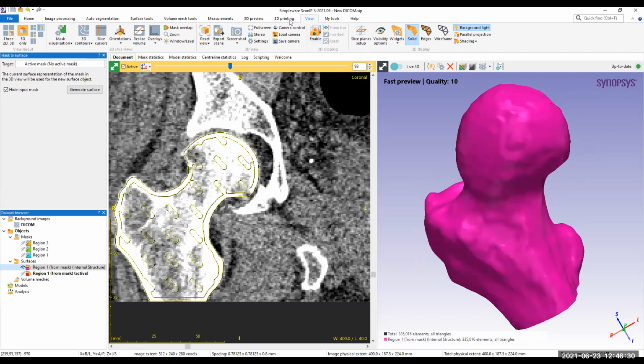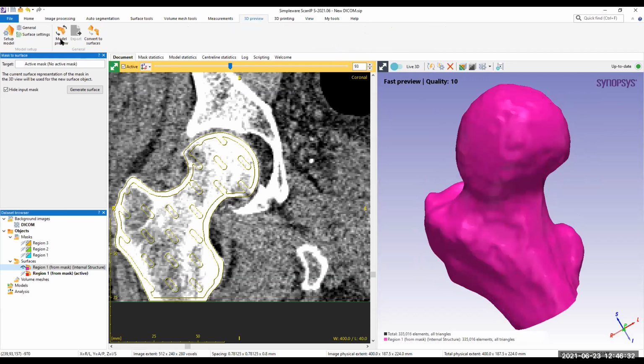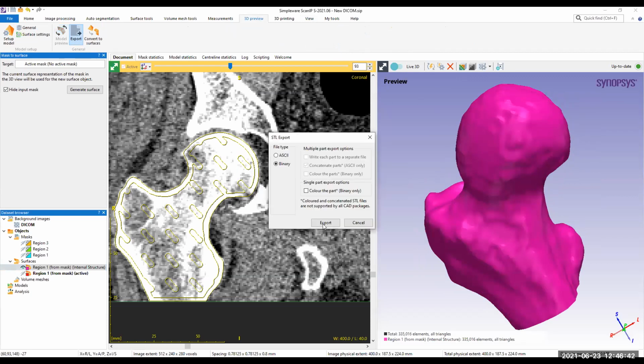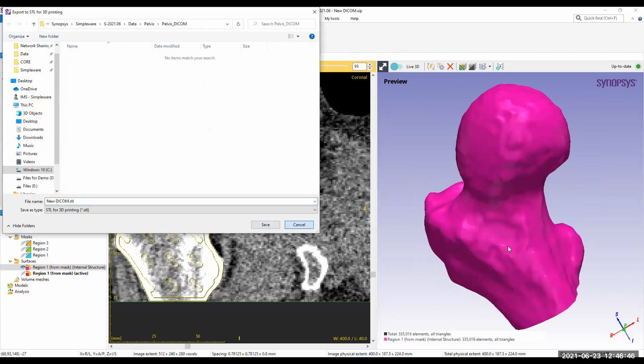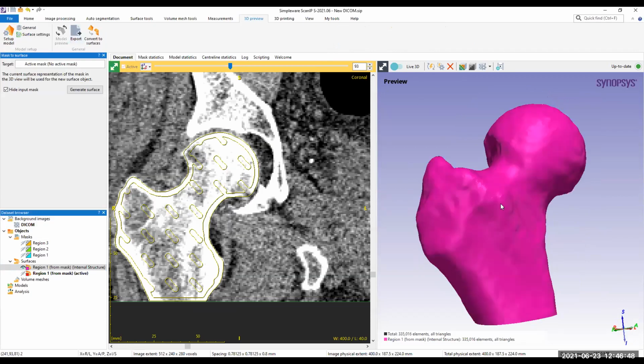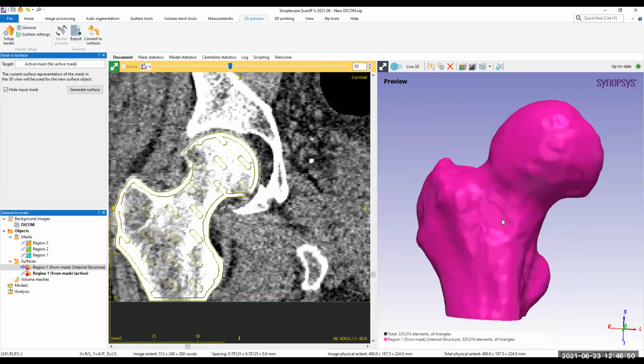So now I can export it for 3D printing, and it will export the internal lattices as well. Here I have the option to export it. I can directly export and save it and then import it back to the printer.